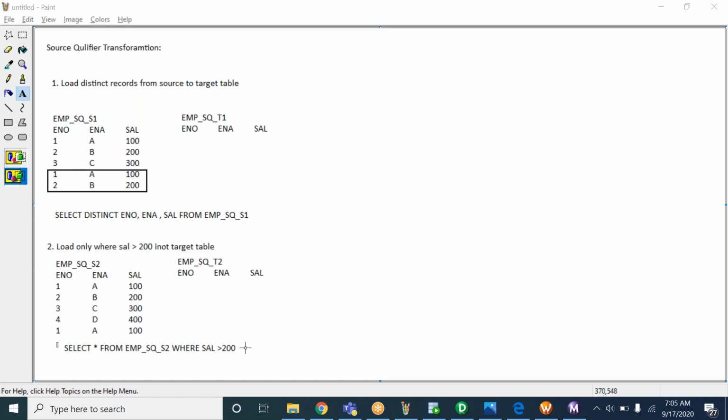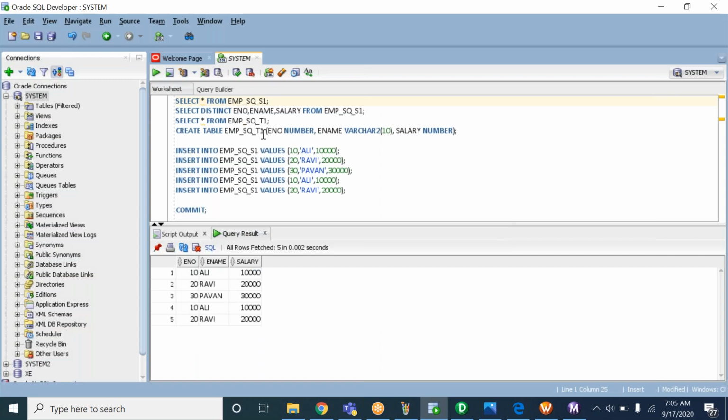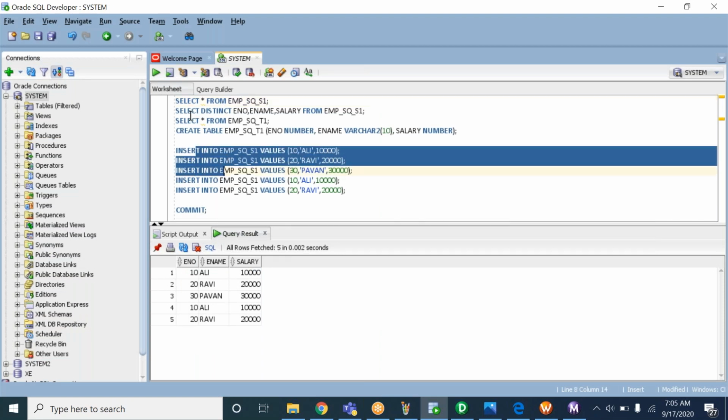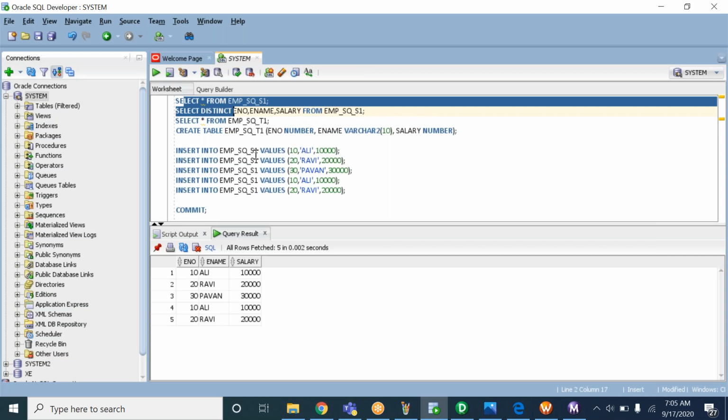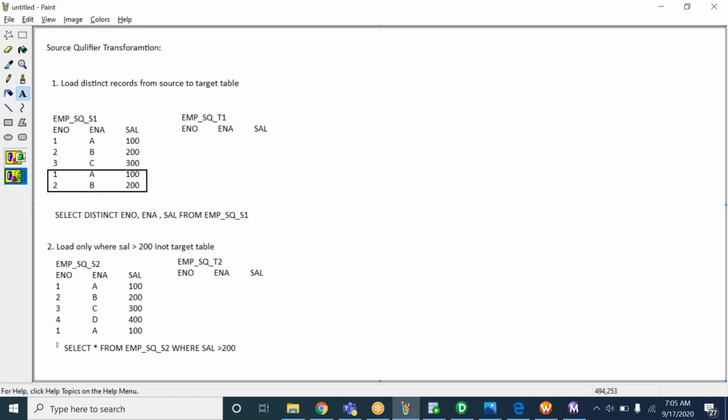When writing queries, like a select statement, or if you want to update the data or delete the data, that is the reason I have asked you to create the tables manually, so that you also get hands-on experience writing the queries: creating the table, inserting the data, selecting the data, updating the table, deleting the table data. All these things you can practice parallelly.